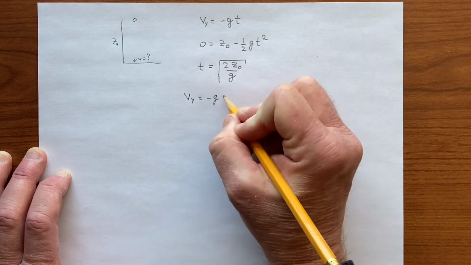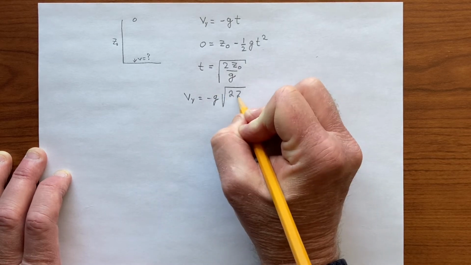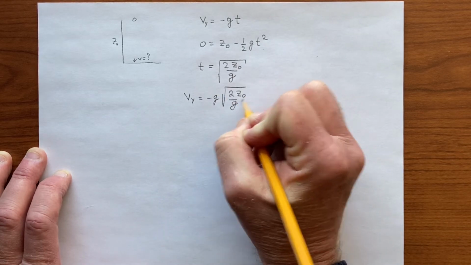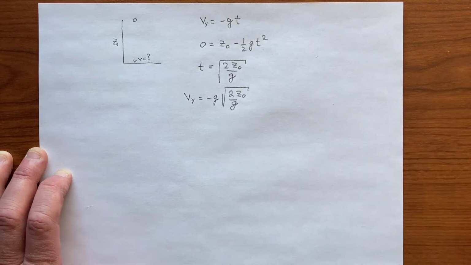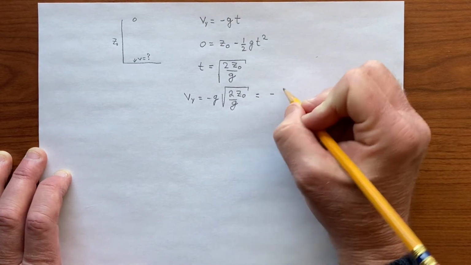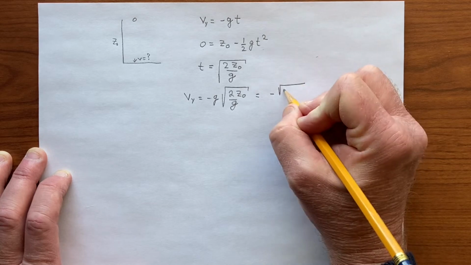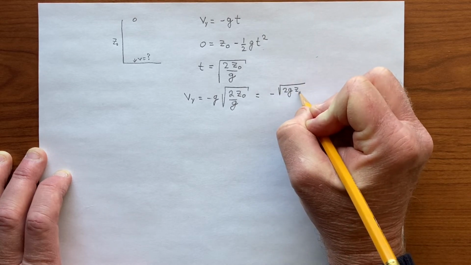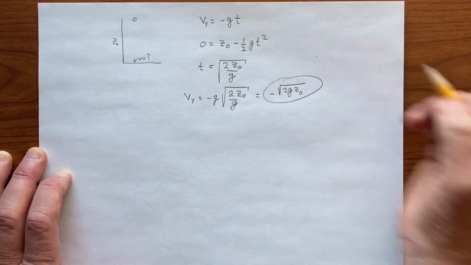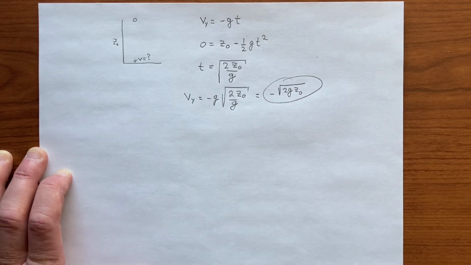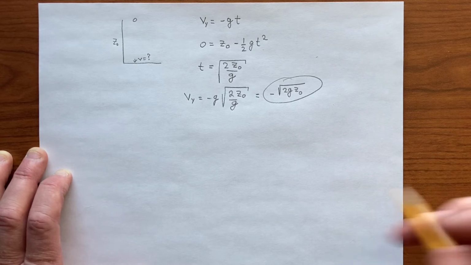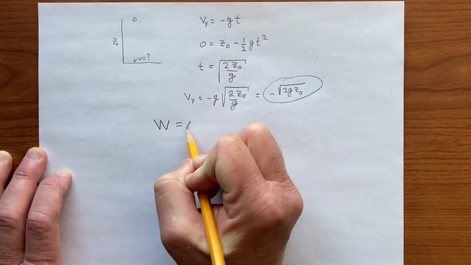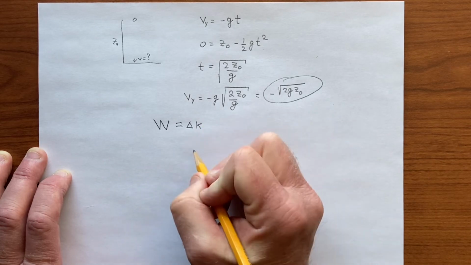be minus g times the square root of 2 z naught over g, which is minus the square root of 2g z naught. So that's the vertical component, and the speed of the object is just a positive value here. There's no horizontal component. So if we look at this from the perspective of work equals delta k, then the